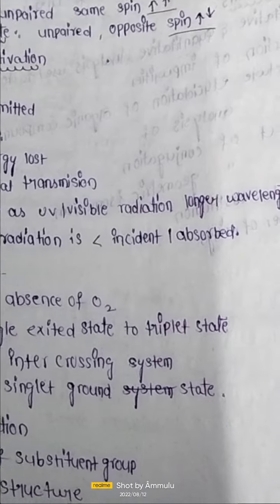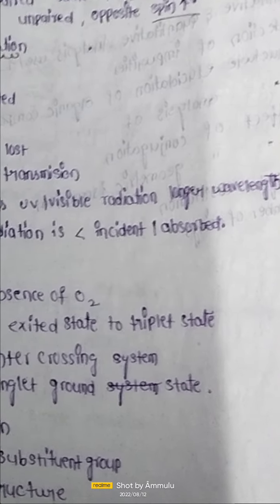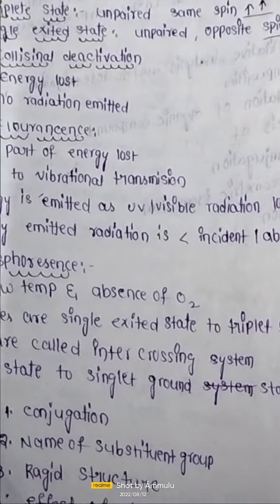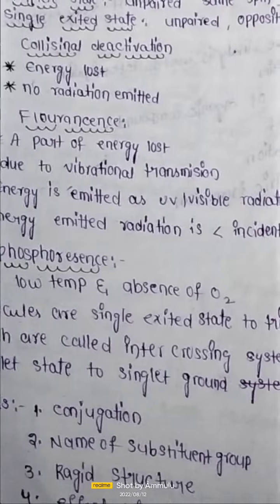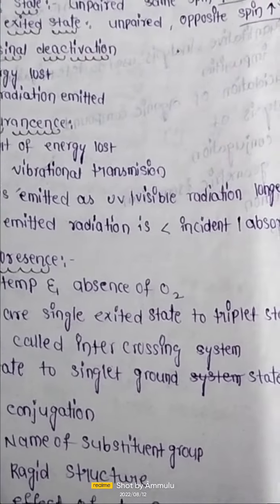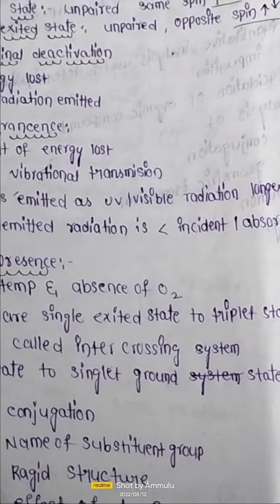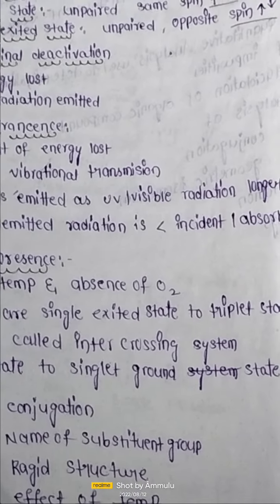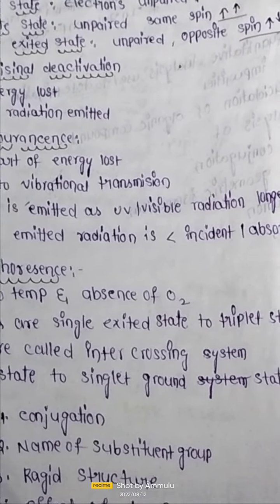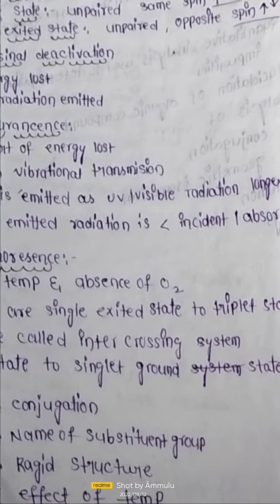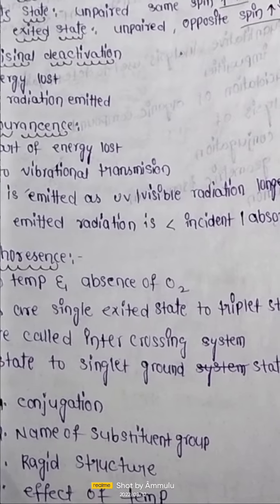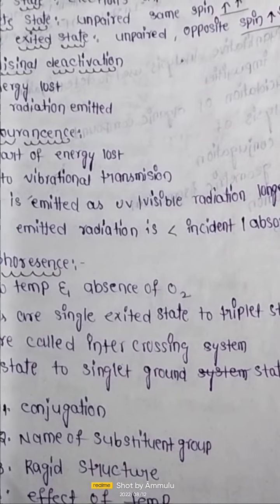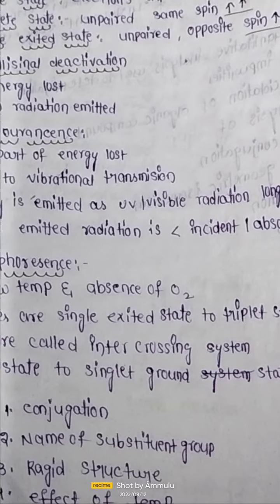The collisional deactivation. Here, in collisional deactivation, energy is lost and radiation will not be emitted. And fluorescence, which is a large part of fluorimetry, is a part of energy lost. Here in fluorescence we can see the loss of energy, and due to the vibrational transitions the energy will be